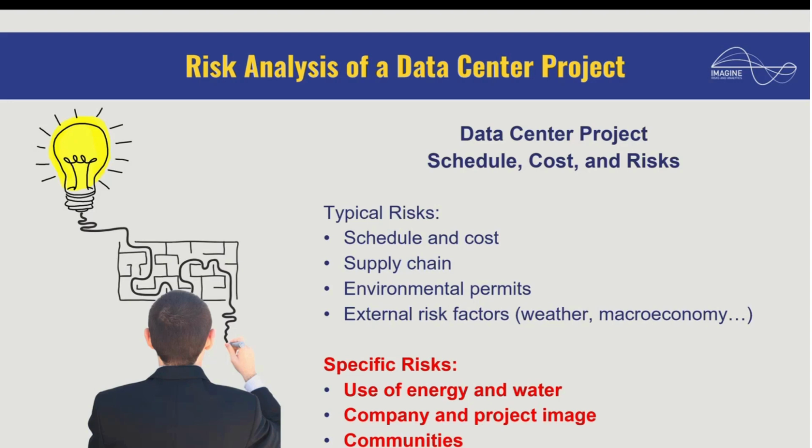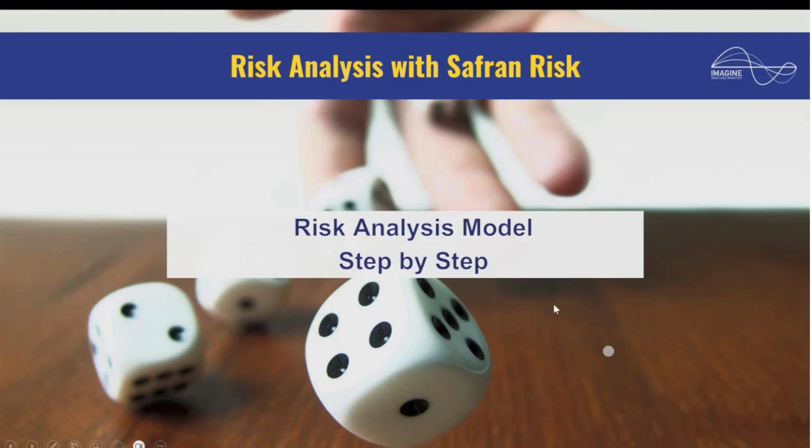If you don't deal well with the communities, you may even face some kind of fatal risk for your project. Maybe the government agency will look bad upon you or whatever. So I have to be very careful with those. Those three risks will affect your scheduling cost, but will affect a lot more than just that, okay? We'll see how we can model some of them within our project. So those are the typical risks and specific risks that we have to deal with when modeling a data center project, okay?